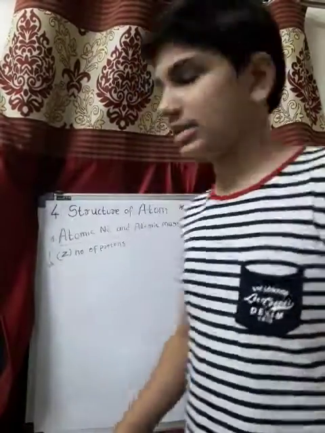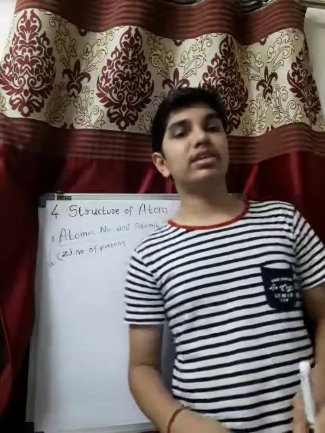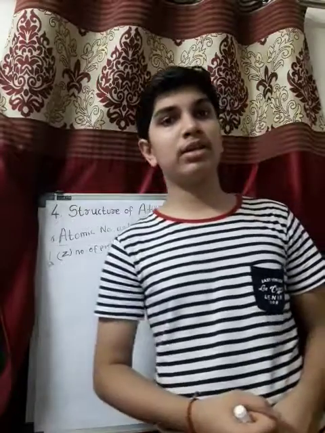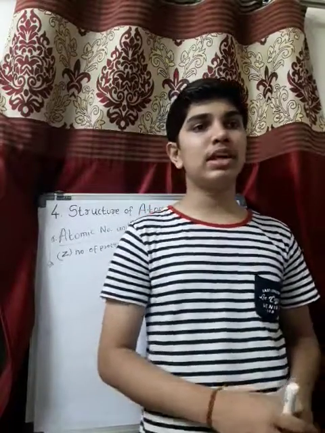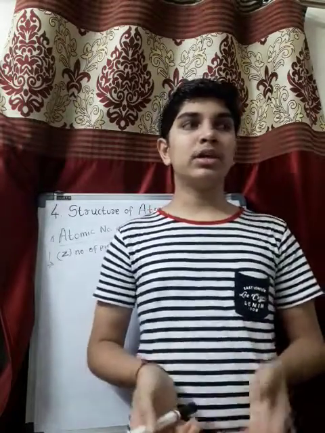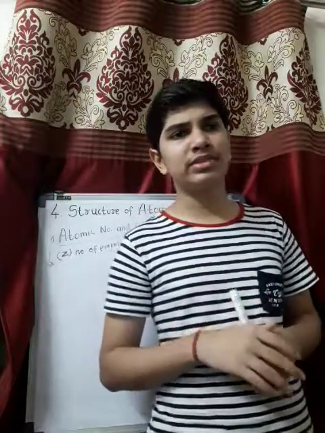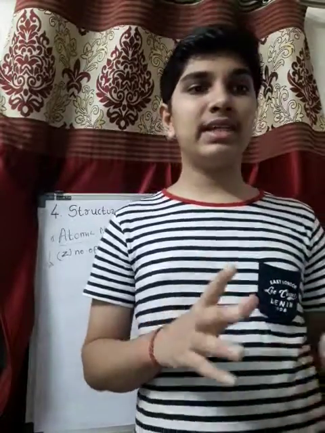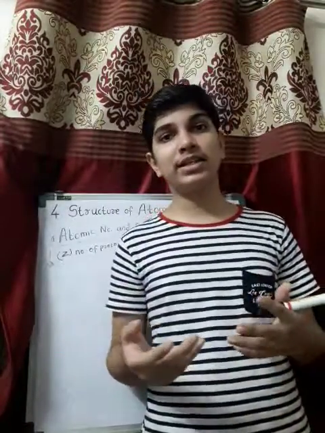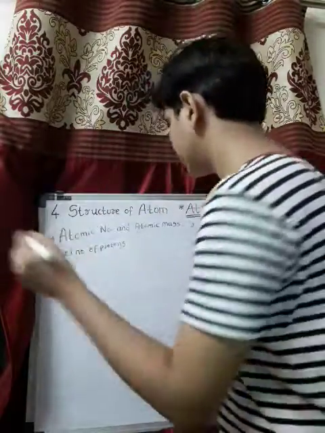Okay, so let's continue. Now about atomic mass. This is a very easy topic. After studying the properties of subatomic particles of an atom, that is proton, neutrons and electrons, we can conclude that the mass of an atom is practically due to protons and neutrons alone, because electrons have negligible mass as compared to protons and neutrons. Now these protons and neutrons are present in the nucleus, right? Now these protons and neutrons are called nucleons.